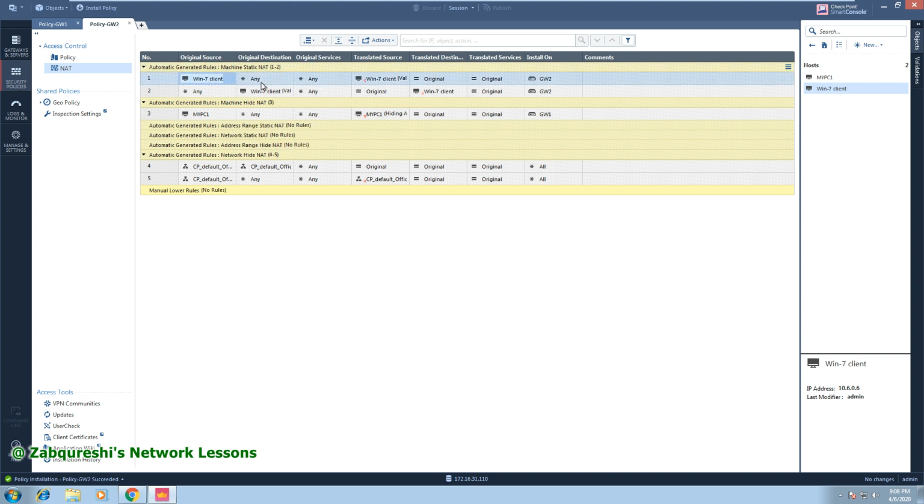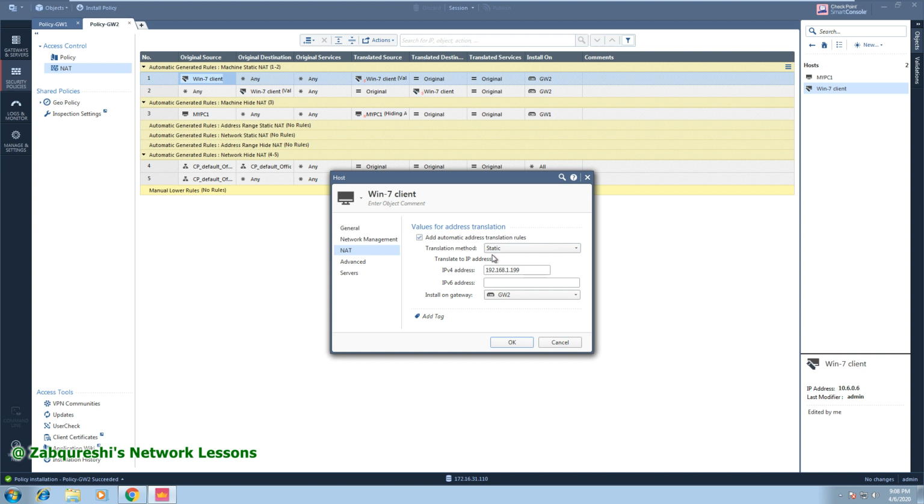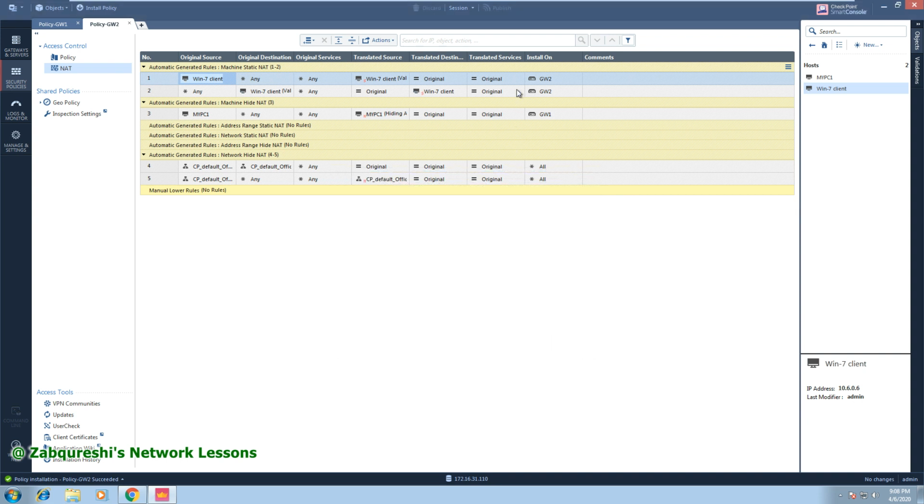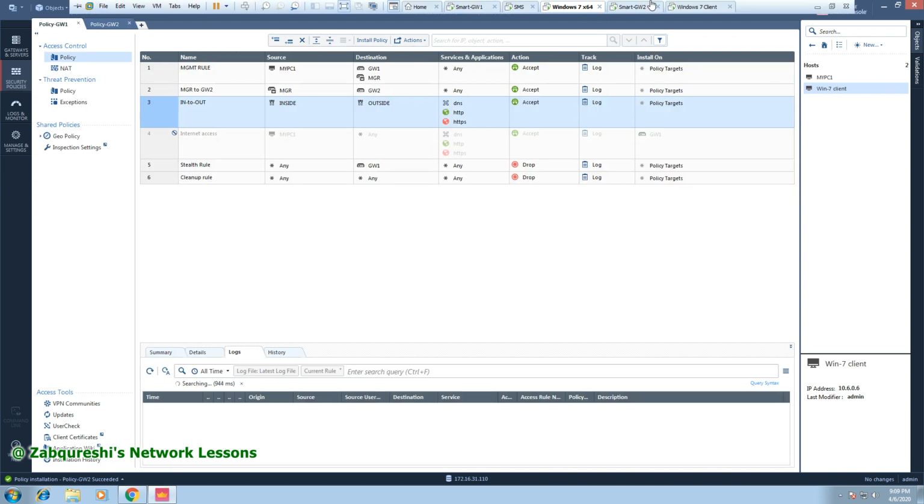So you have the WinPC as original source, original destination is any, and original service is any. Translated source is my Win client 7. This is my source, the original IP, and the translated address. I'm not translating the destination, right? So the original source should be this one, and the NATted IP is this one, right? Okay, so this is pushed, and let's move on to the Windows client